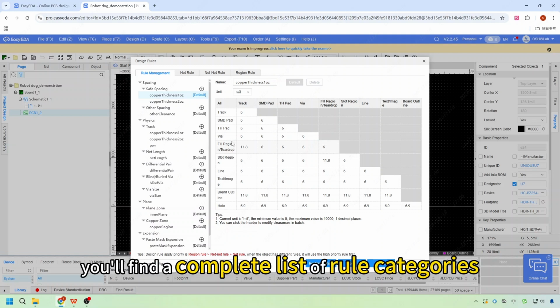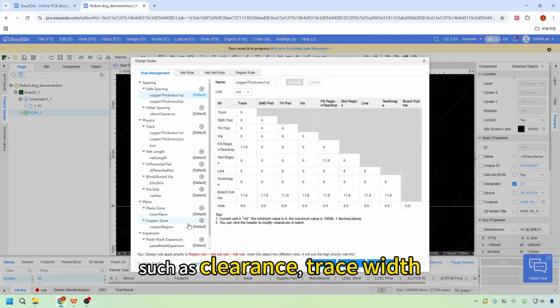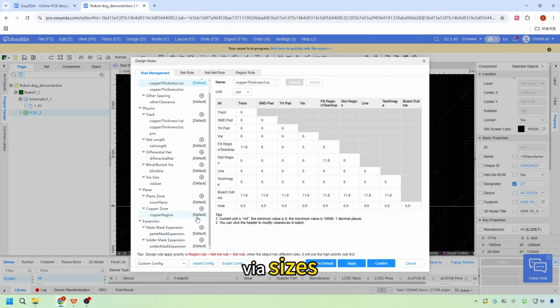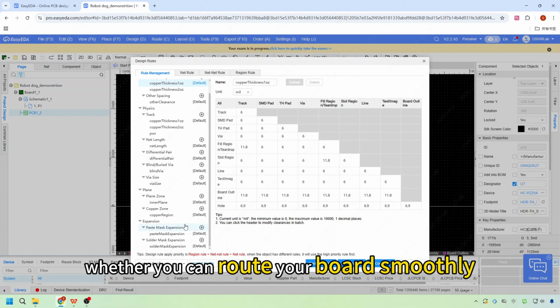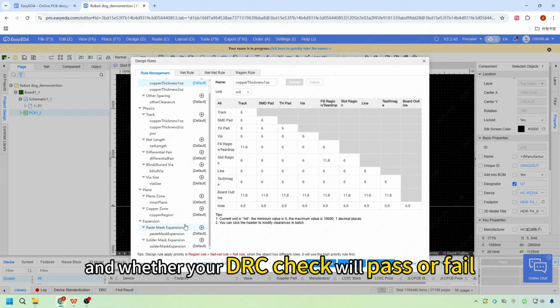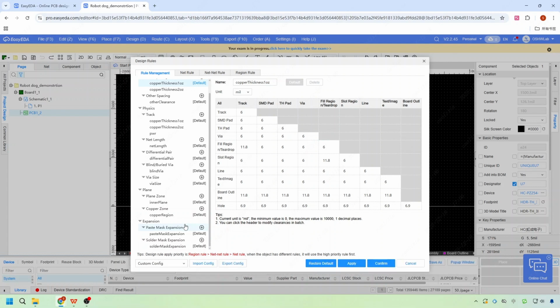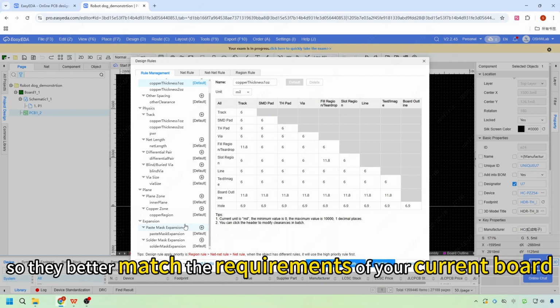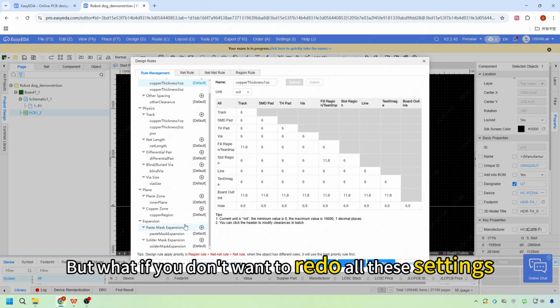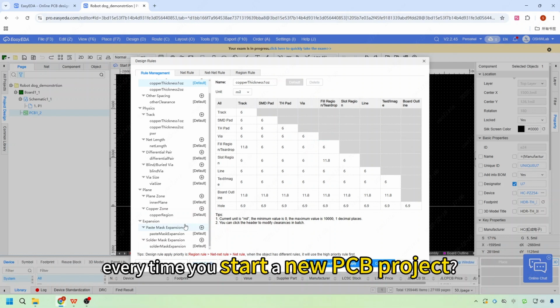On the left side, you'll find a complete list of rule categories, such as clearance, trace width, via size, and copper-related rules. All of these settings directly affect whether you can route your board smoothly and whether your DRC check will pass or fail. During routing, it's very common to adjust these parameters, so they better match the requirements of your current board. But what if you don't want to redo all these settings every time you start a new